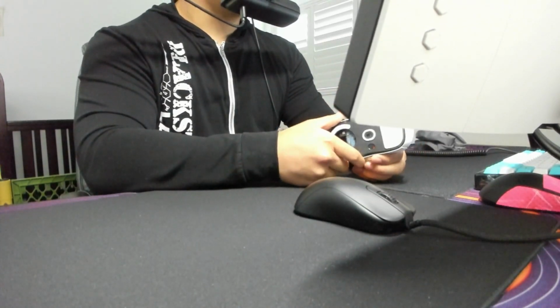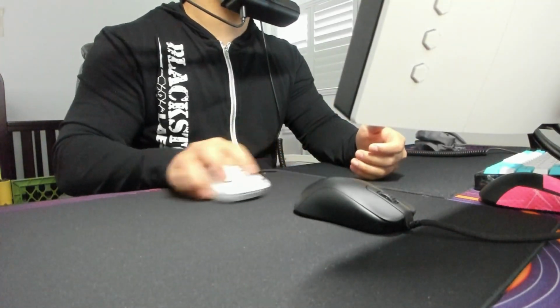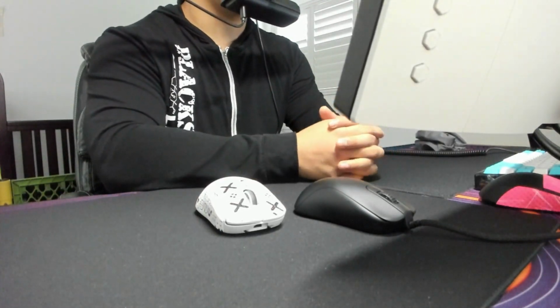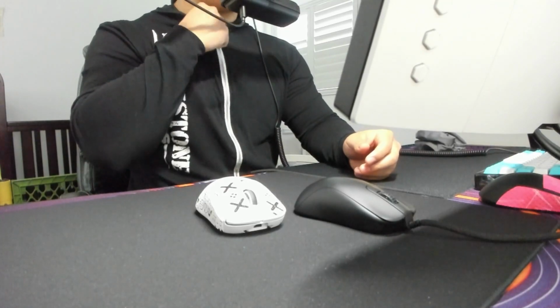I would probably use Tiger Ice Feet over core pads on this pad specifically, just because the startup and then the friction when you're moving it is pretty difficult. So I would actually suggest Tiger Ice Feet on this pad for once in my life. I would prefer Tiger Ice Feet over core pads. But I'll get into why